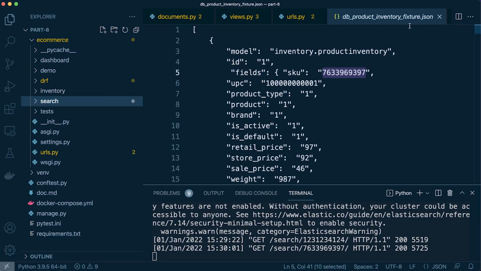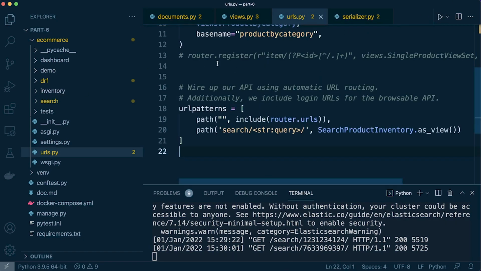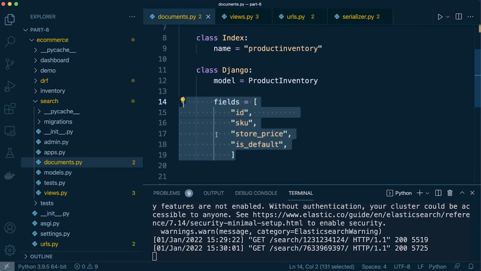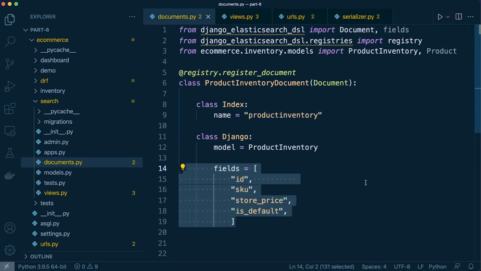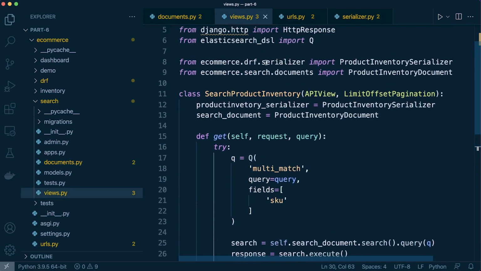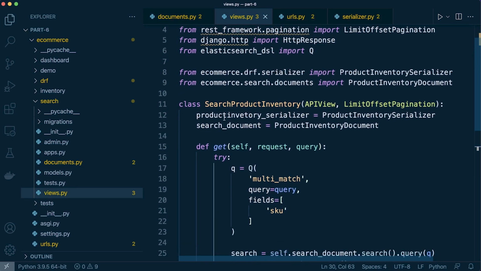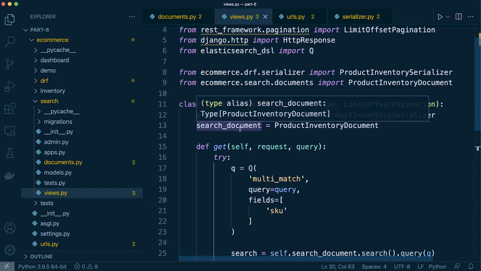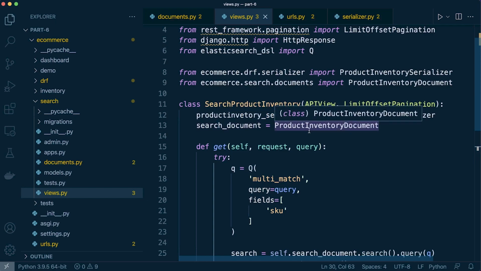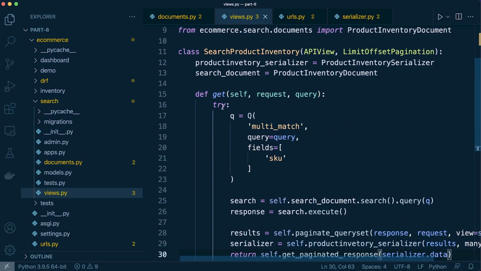So what we've done is we've already pre-installed DRF. We've defined what data we want to actually index in Elasticsearch. We've just used that command to actually run and create that index. And then in the views, we first of all defined our serializer in DRF and our document that we've just created, the items that we want to index. And then we've gone ahead and we've